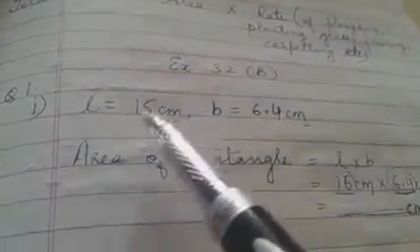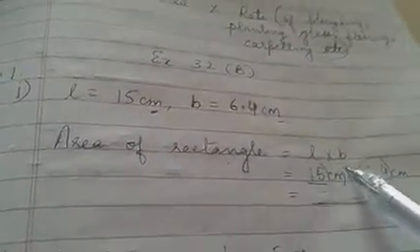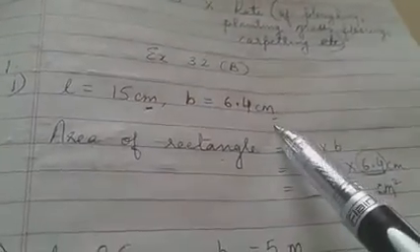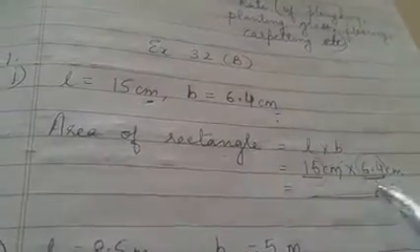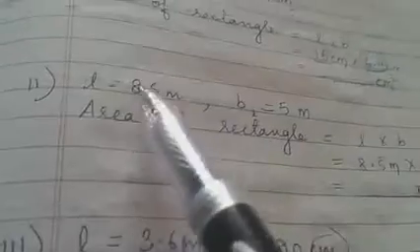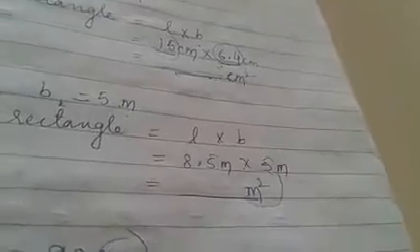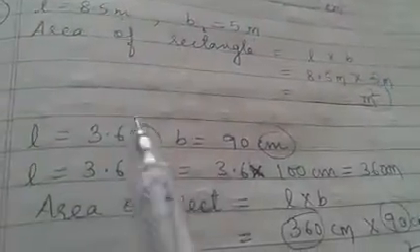Now exercise 32b. Length and breadth are given. Find out its area. So area of a rectangle is length into breadth. It is in centimeter, it is in centimeter. No issues. Directly multiply, put the decimal properly and get the answer. Here you can see these two are meters, so no issues. Multiply directly. Don't forget the unit, otherwise your half mark will be cut, children.